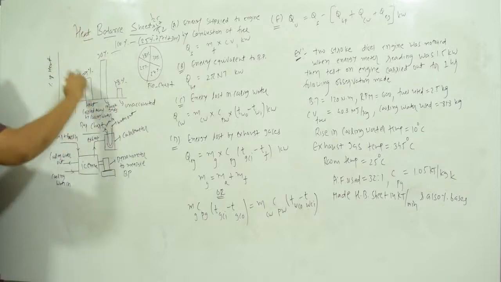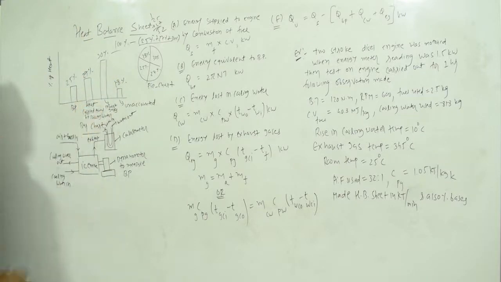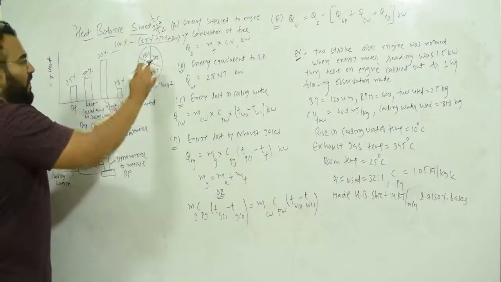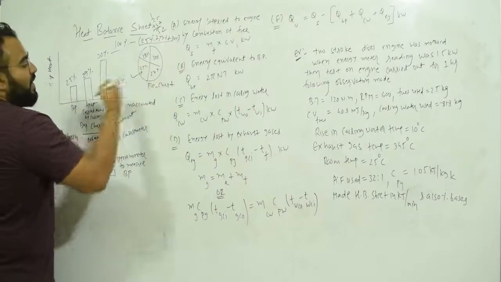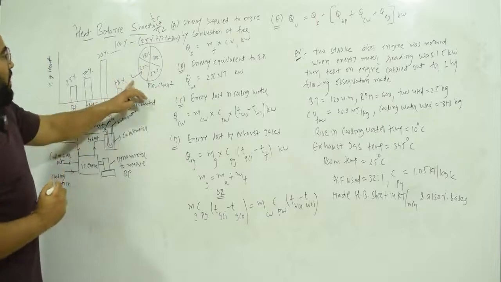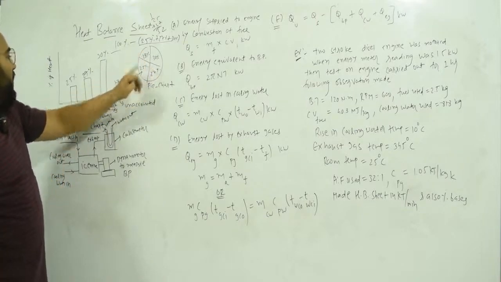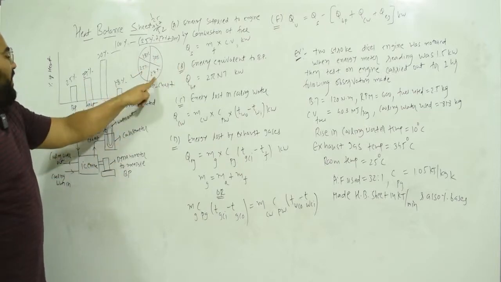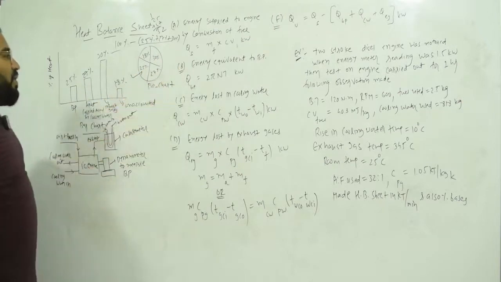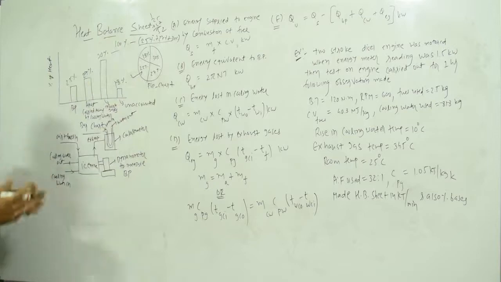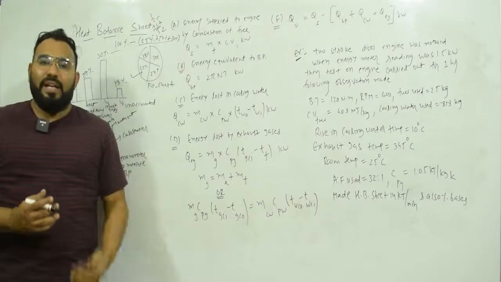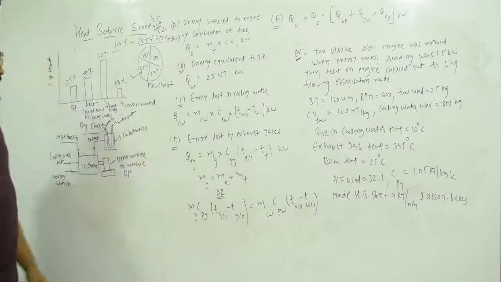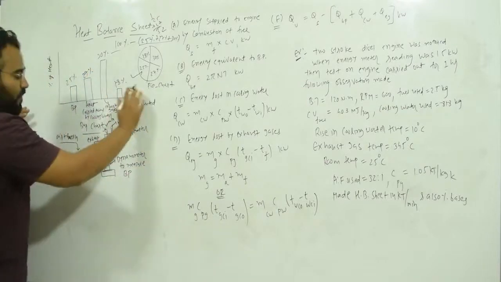Here I have made a bar chart. In the same way, you can make a pie chart of the spending. Out of 100%, 25% is the brake power, then 18% is unaccounted, then 30% is heat carried away by exhaust gases, and 27% is heat carried away by cooling water. Now you will understand this is some kind of spending sheet, which you have made on the basis of heat.